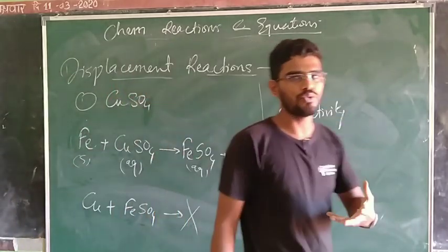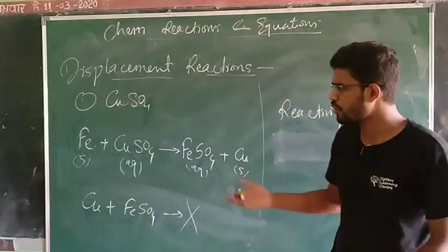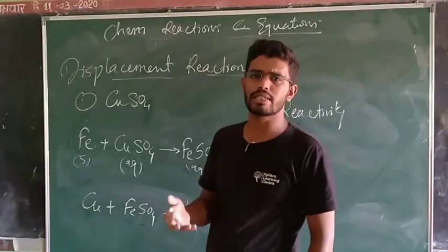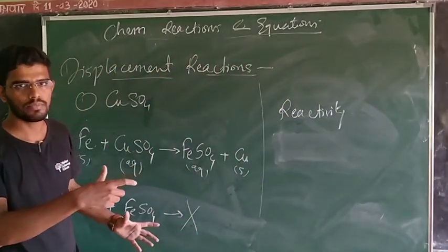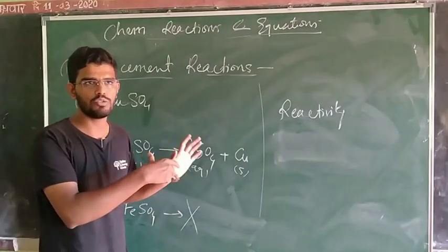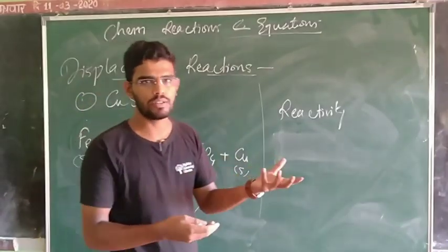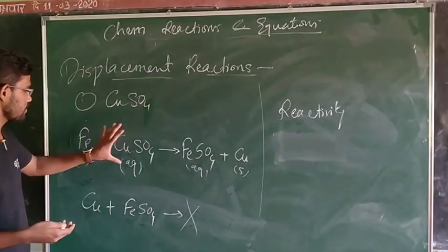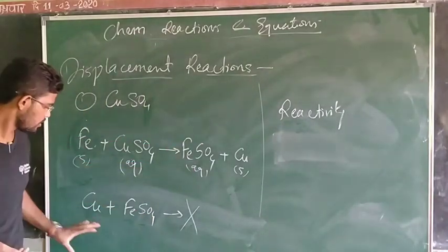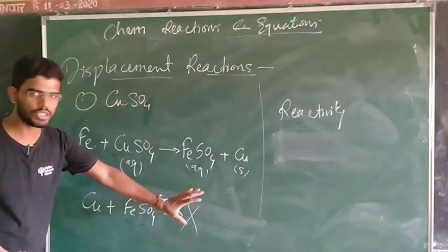Okay, now for you, maybe in board examinations or in any of the competitive examinations, you may be given a list of reactions, only the reactant part, and you will be asked to predict the product. Okay, जैसे ये दो reaction दिए जाएंगे आपको, Fe reacts with copper sulfate, guess the product. Copper reacts with ferrous sulfate, and you need to guess the product.